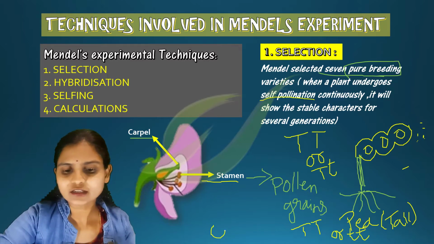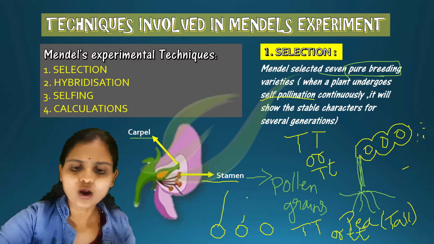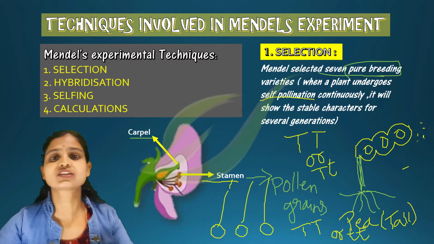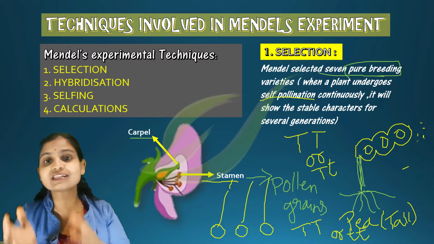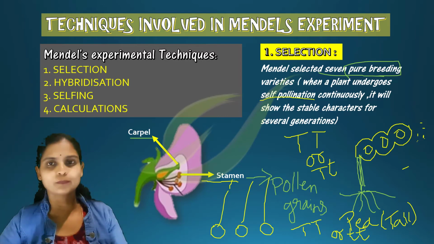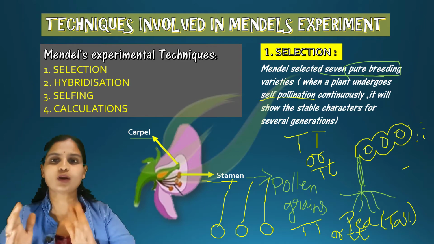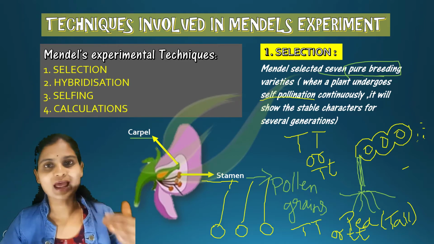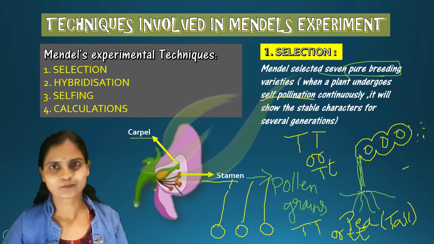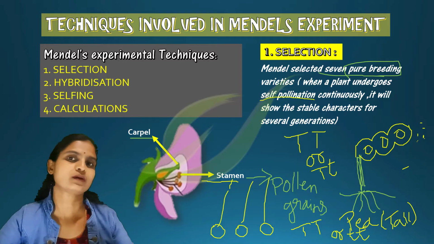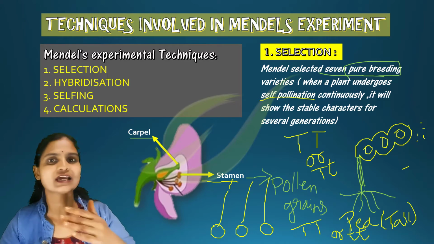After collecting the seeds, once he sowed them in the soil, he saw that all plants which developed from the seeds were tall. Imagine if he collected 100 seeds, all 100 seeds developed into tall plants. Such seeds which produce only tall plants come from plants that are nothing but pure breeding plants. This was done by Mendel for all 14 plants which he had selected.